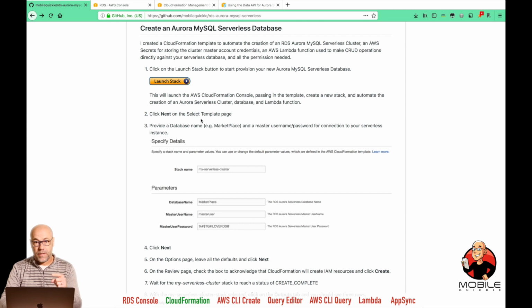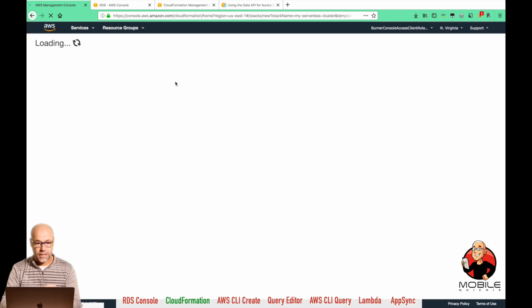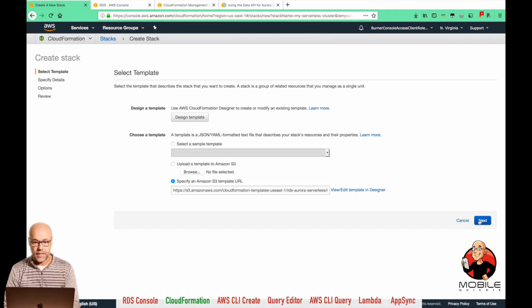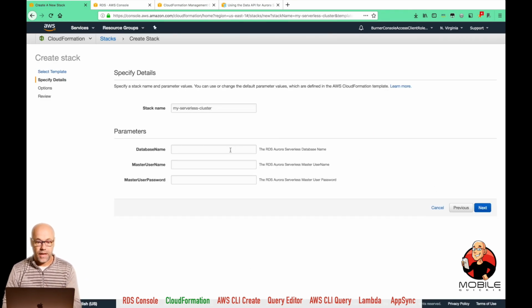So in the repo, I put in the link below, so click on that. And then in here, there are instructions to actually launch the stack. So when you're in the repo, click Launch Stack. It'll take us to CloudFormation, hit next, and then you could change the stack name if you like, but put in a database name. Put in Marketplace if you want, because that's what we'll use for later, and then your own master username and